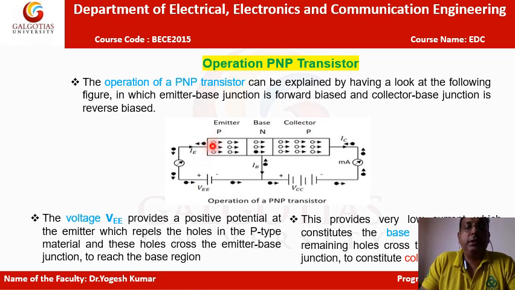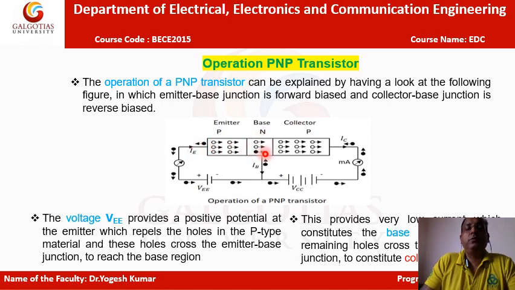Now this is the P. If you want to make the forward bias, then the P must be connected to the positive terminal of the battery, and for reverse bias, the P must be connected to the negative terminal of the battery. In this fashion we make the forward bias and the reverse bias. Now with the positive terminal of the battery, the majority charge carriers in the P, the holes, will be repelled from this battery terminal and move towards the base. If the holes are moving to the right hand side, then definitely the emitter current is moving in the same direction, that is, along the holes.